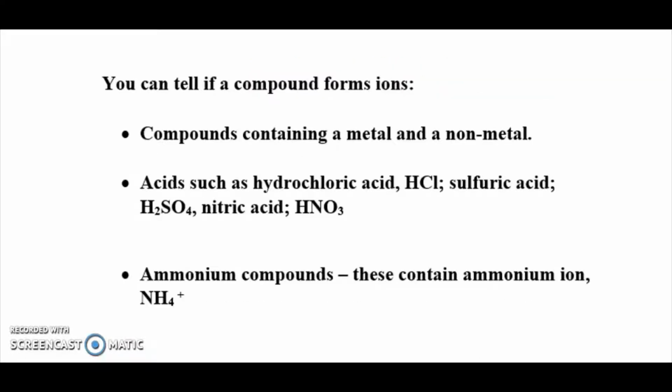So, how can we tell if a compound forms ions? Here are a few rules to guide us. Compounds containing a metal and a non-metal would form ions. That is, ionic compounds would form ions. Let's look at an example. Sodium chloride